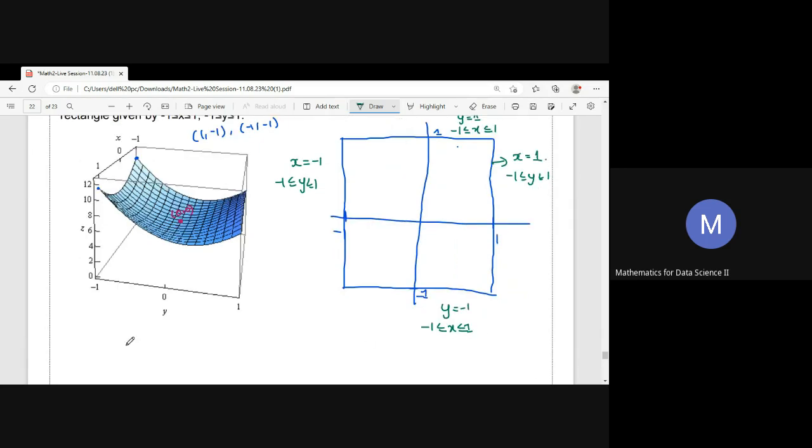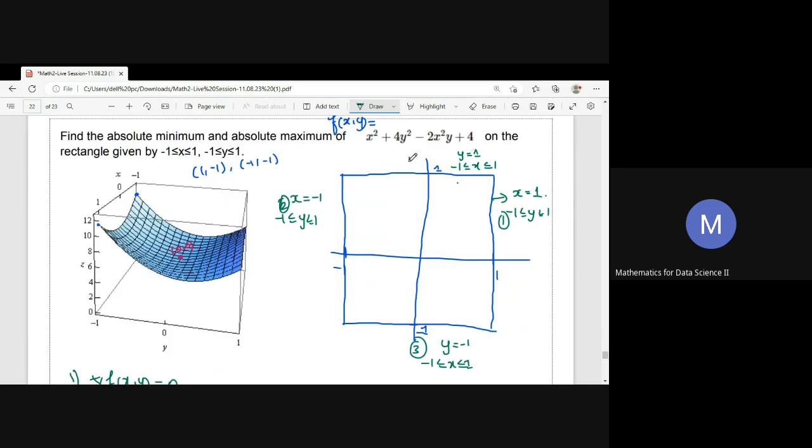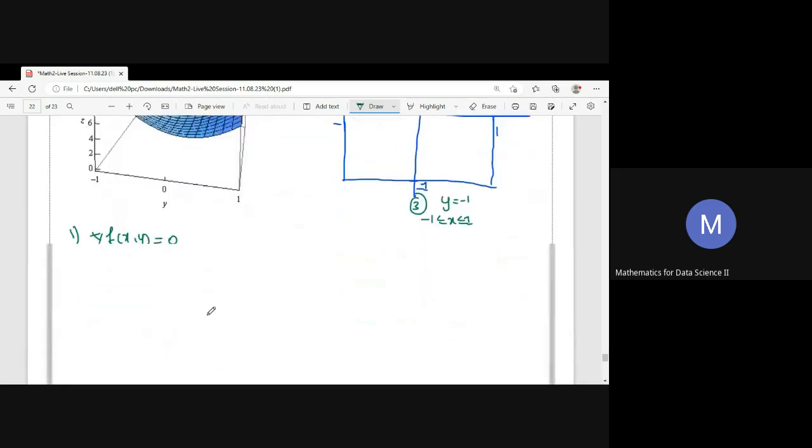Okay, the steps are as usual. The first step, you find the gradient and equate it to 0. Find critical points and evaluate the function at those points. Second step, you consider each of these boundary sides, 1, 2, 3, and 4. For each of these 4, do the exact same steps which we did. You find again the critical points, and finally